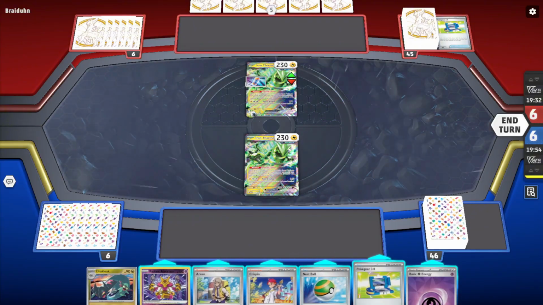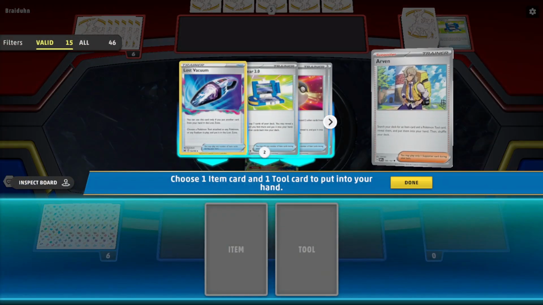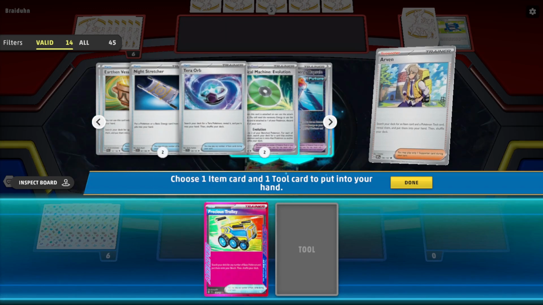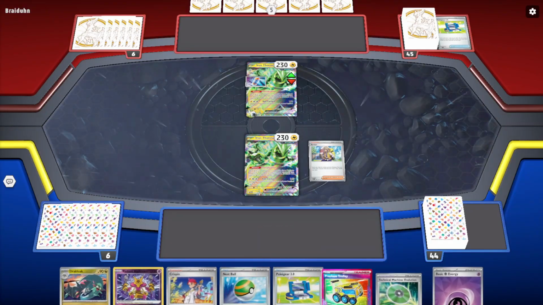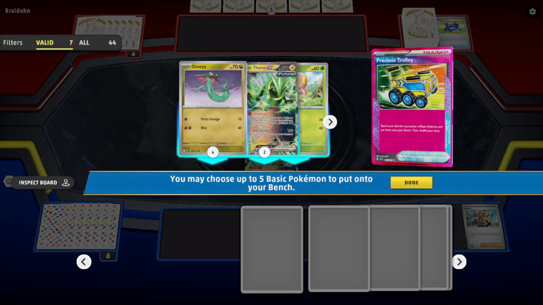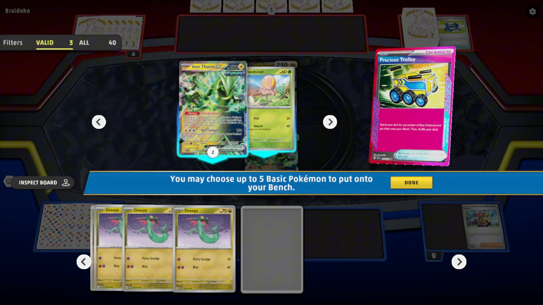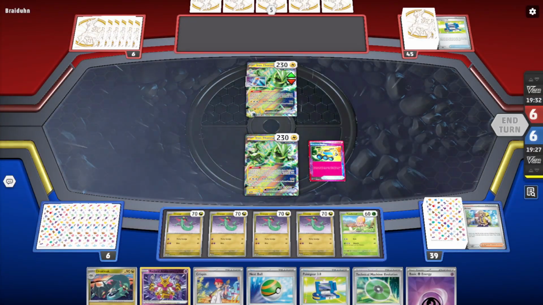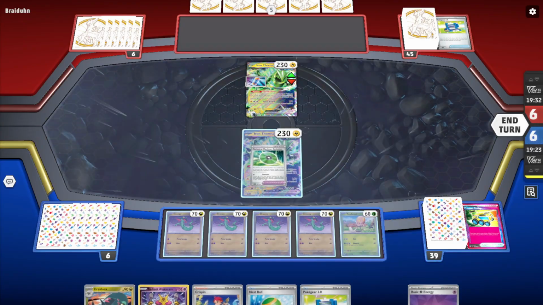Okay, we get the Arven here. That's actually really big for us because what we can do is go Arven, grab ourselves the Precious Trolley, and Evolution. Use Precious Trolley, grab ourselves a bunch of Dreepy, and we'll grab ourselves the Toedscruel. Then from here, what we can do is go Evolution,